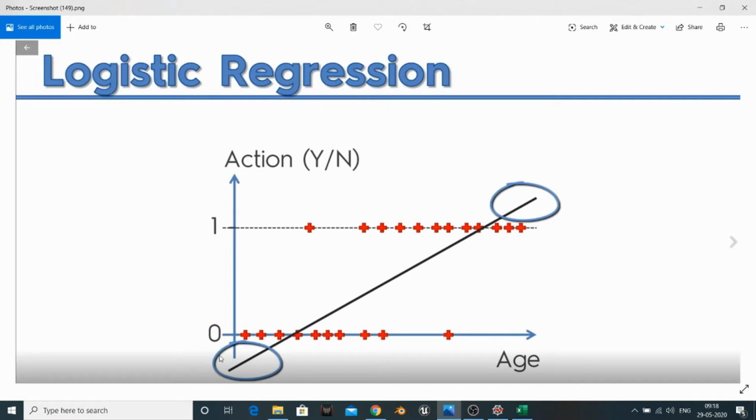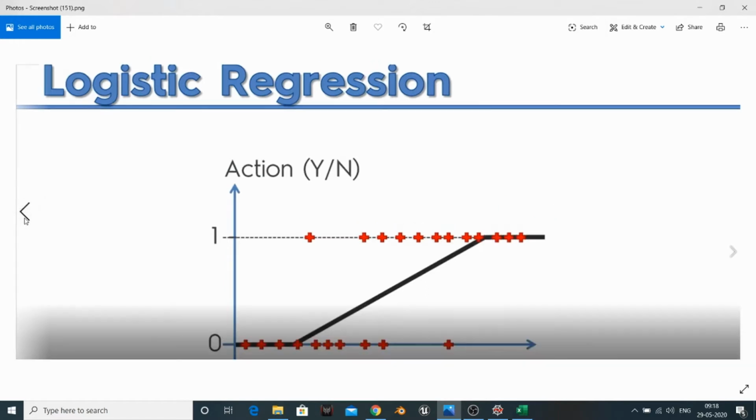To overcome this, we can think of putting certain conditions: if the value is more than 1, then it will be 1, and if the value is less than 0, then we make it 0. But as you can see, the model's accuracy will be very low, because this straight line is not going to fit over the data points, and the error will be a lot between them.